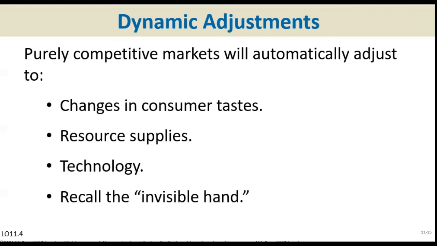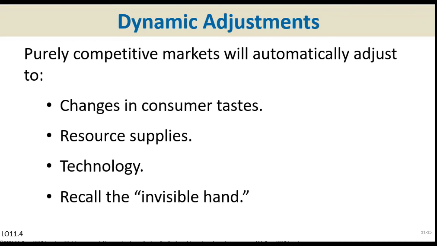So something will happen temporarily that creates a disequilibrium in the market, but the dynamic adjustment in the pure competitive market will happen, and at the end, a new equilibrium will be established